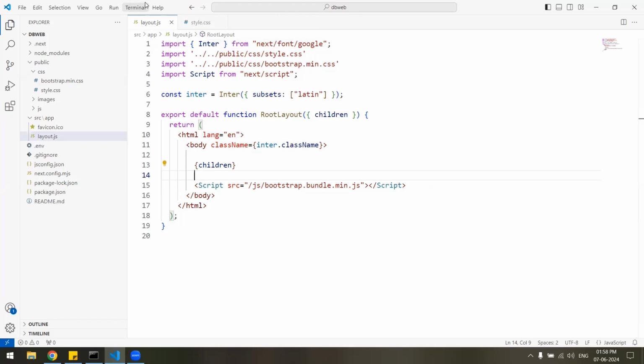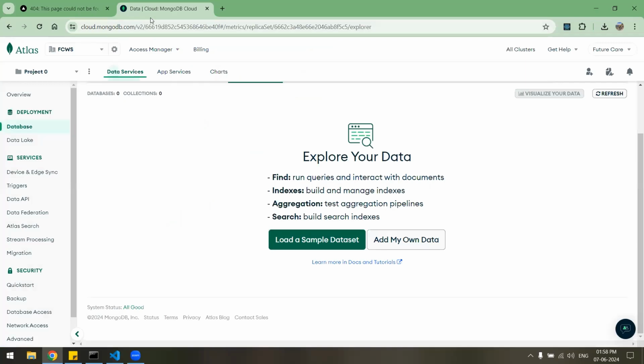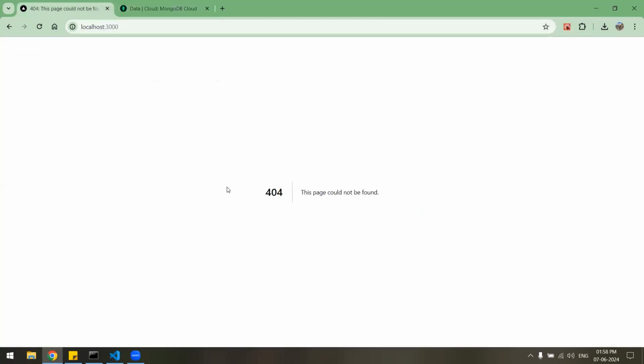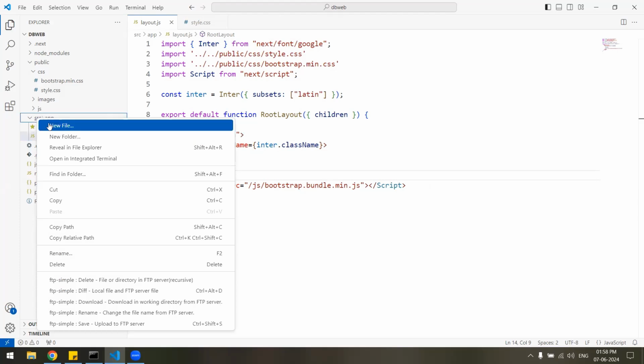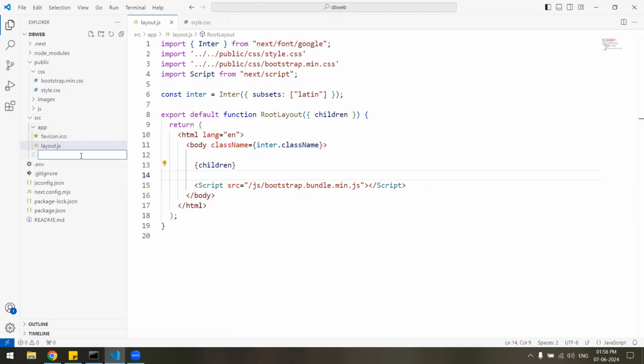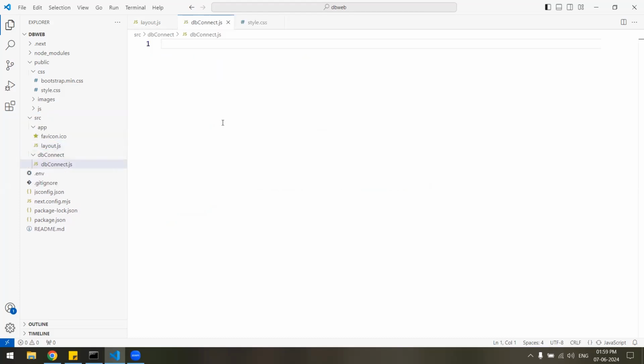First of all, we are going to create the connection between our Next.js application and the MongoDB database. For that, inside the src, we will create a folder by the name dbConnect. Inside this, we will create dbConnect.js, and here